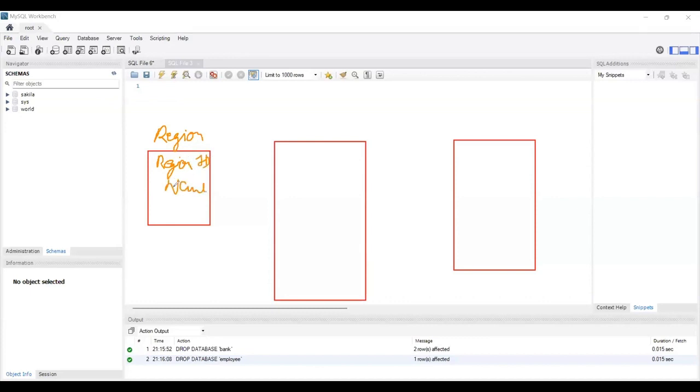Okay. Then we have customer. Customer is having customer ID, region ID, balance,